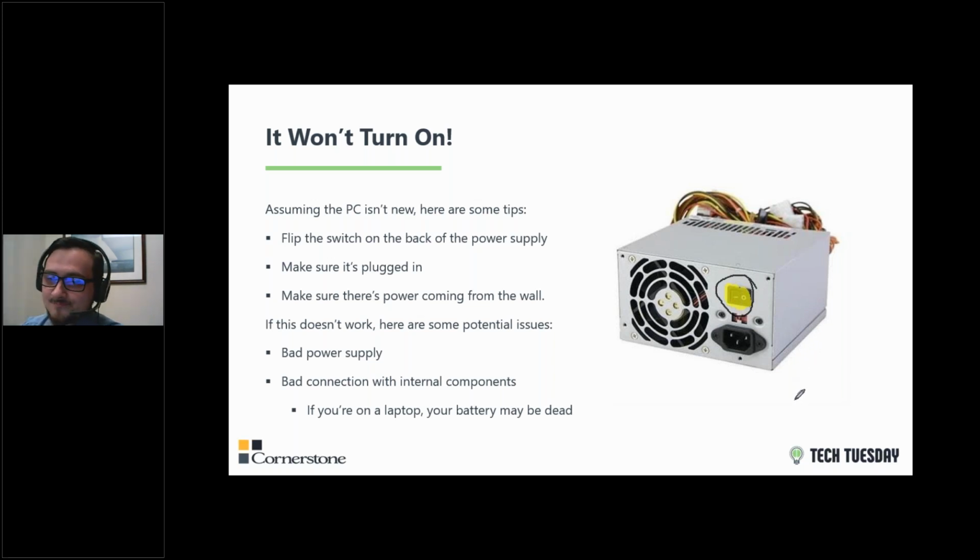That is a power button or a toggle switch. And those are there as fail-safes in a lot of power supplies. Our computers here at Cornerstone don't have these, but a lot of desktops nowadays do. And they're there just in case you need to physically reset your computer. A lot of times, and I've been guilty of this too, people will have something misbehaving on their computer and need to turn it off and on, but everything's frozen and they don't know what to do. And they go to unplug their computer from the wall, which can cause problems. That switch is there so you don't have to.